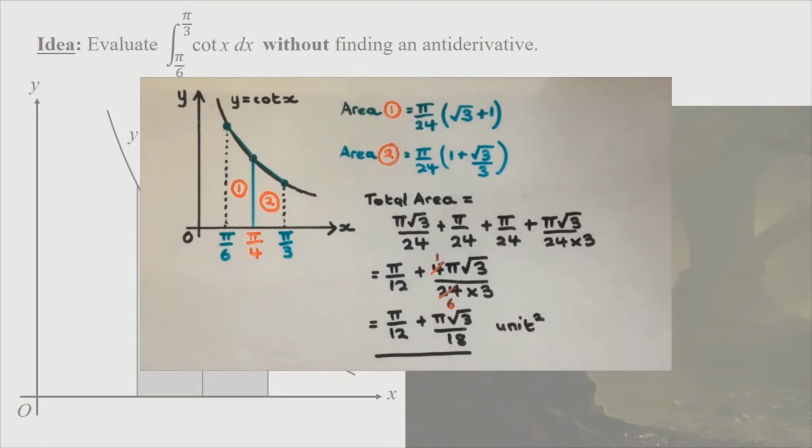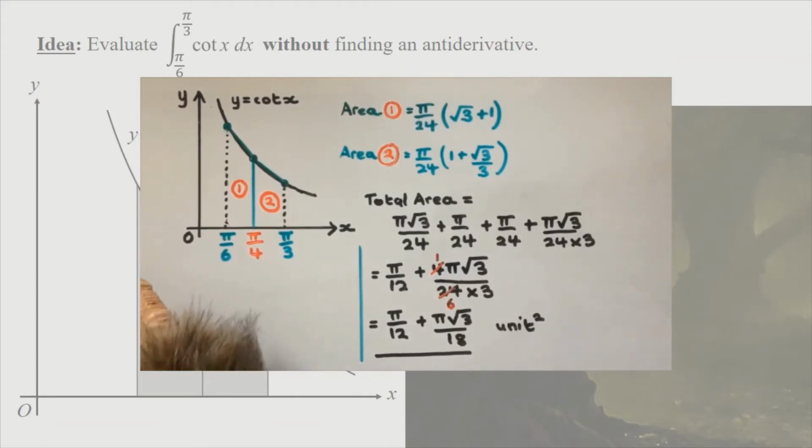So the question is, how good is this answer? Well, we can take a percentage error calculation for this. We're going to do that next. Right, so you might want your calculators at the ready to check this. Percentage error. So let's take the difference between what we have and the exact answer. And we know, because of the convex shape of the curve, this must be an overestimate. So if I take the difference, it's going to be this amount here, subtract ln of root 3, and we know that's going to be a positive amount. Let's do it. So the percentage error, make sure I can squeeze this on here. So percentage error